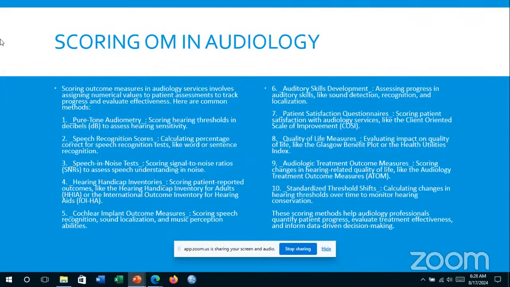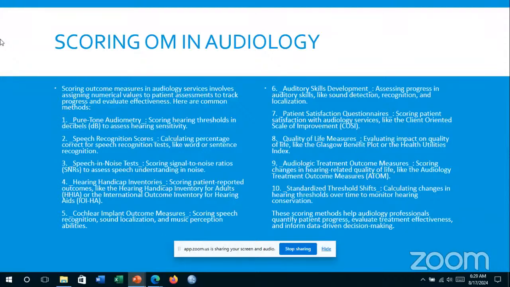So auditory skill development is another area that can be scored. When you assess progress in auditory skill, the detection level, the recognition level, and localization level, and patient satisfaction questionnaire. That will help to score